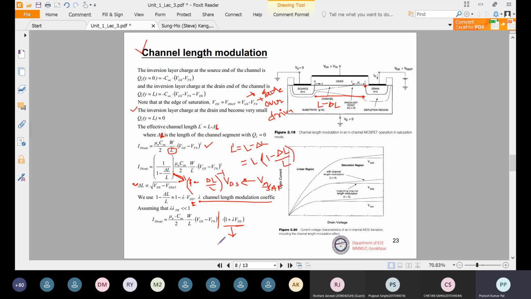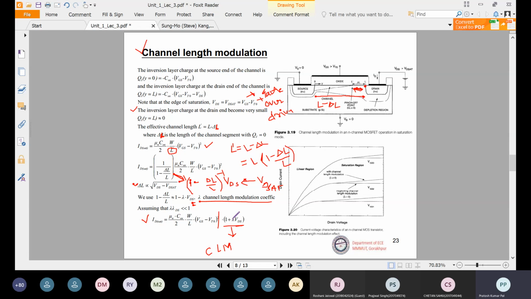So this extra term is because of channel length modulation. So this will only be taking place in case of saturation current. If the MOSFET is operating in the saturation region, there will be a condition when pinch off will be there, and this pinch off will cause a reduced channel length, and this reduced channel length will be limiting this drain current with respect to 1 plus lambda VDS.